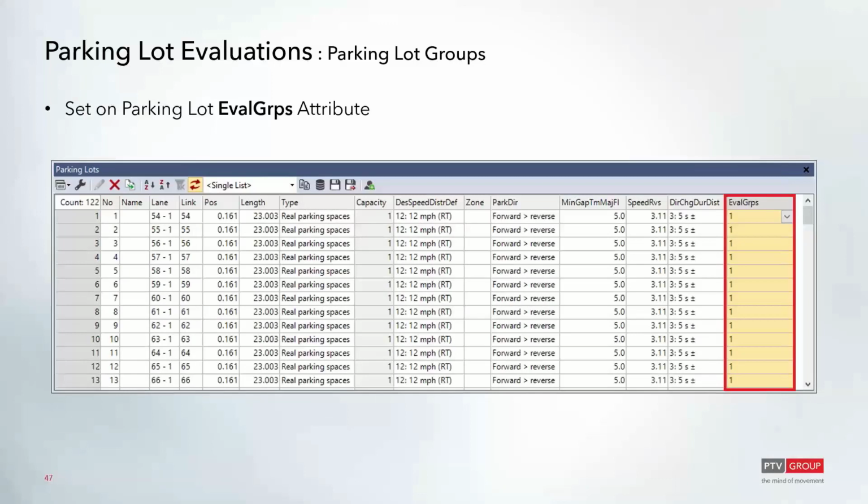And if you do need to make any updates to the parking lots that are within those evaluation groups, you can update that attribute in the parking lot window that we showed a bit earlier, or you can also do this in the parking lot list. This can be useful if you want to change a large group of parking lots all at once and